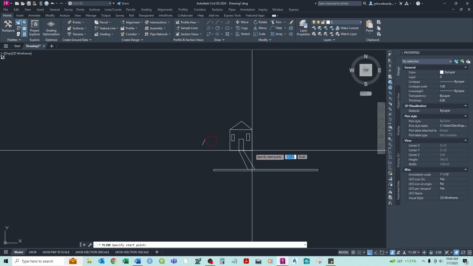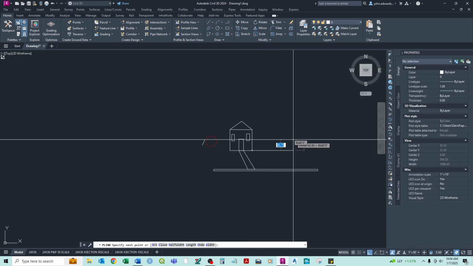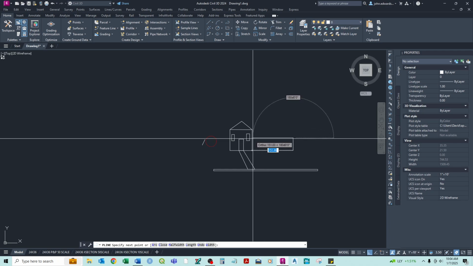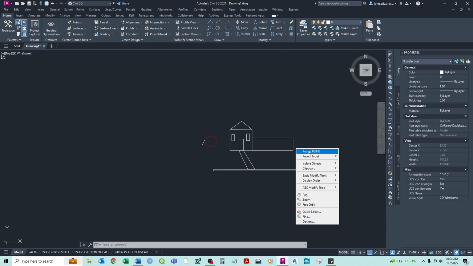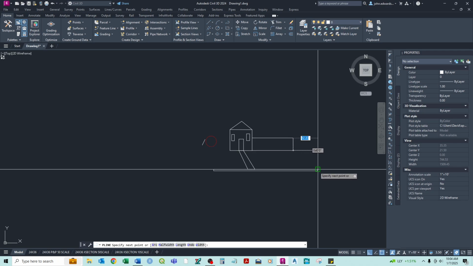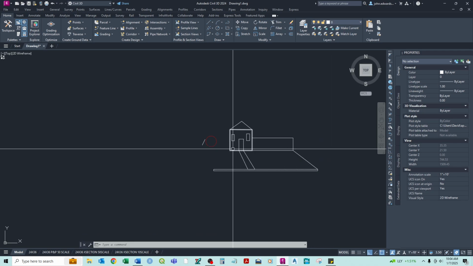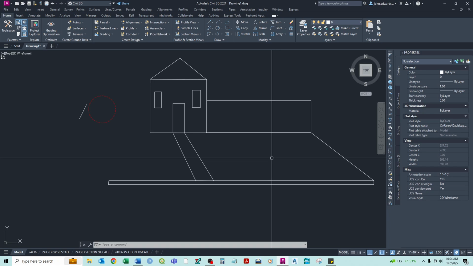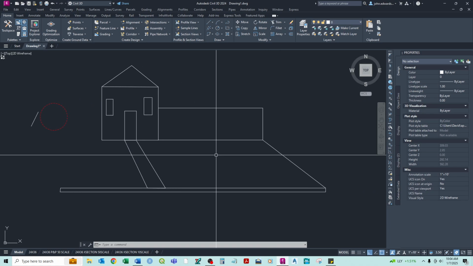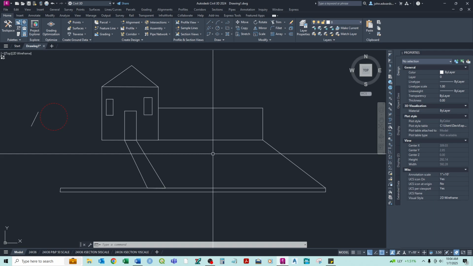And then here's maybe a fence. Okay, and then this is our yard or something like that. So if you were designing something or drawing something,